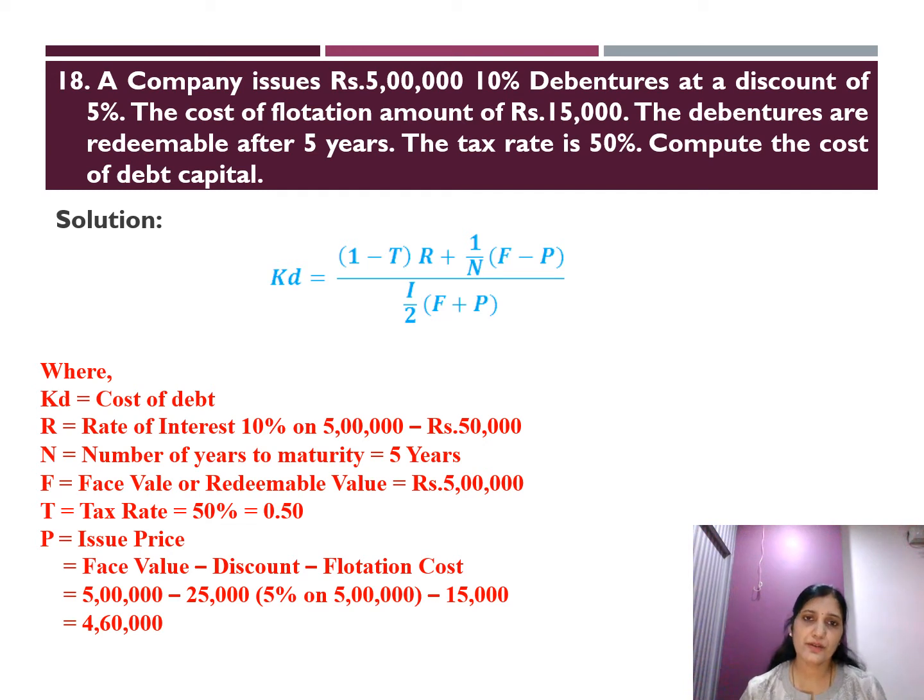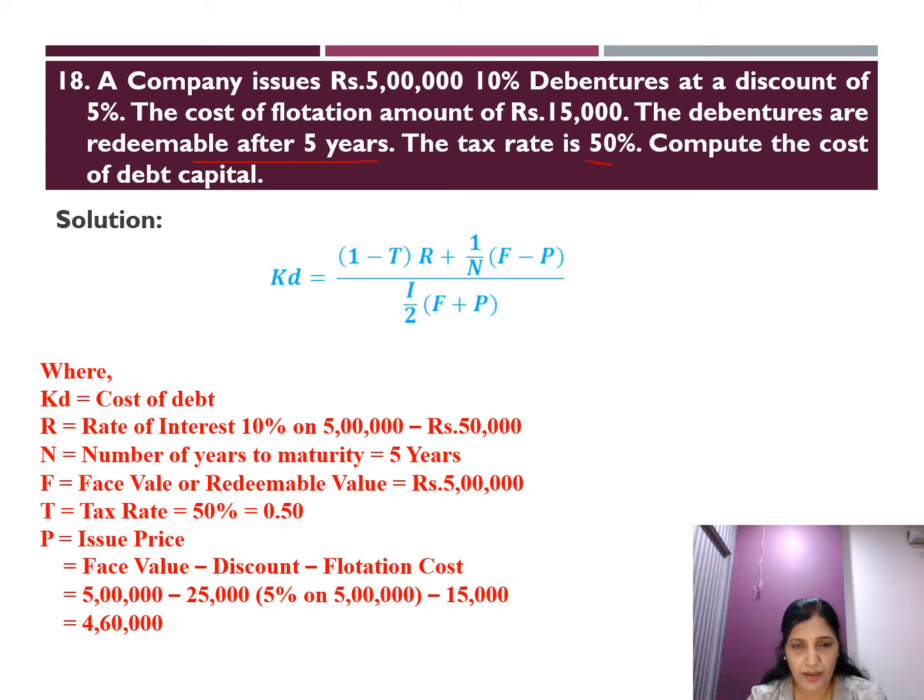A company issues rupees 5 lakhs, 10% debentures at a discount of 5%. The cost of flotation amounts to rupees 15,000. The debentures are redeemable after 5 years. The tax rate is 50%. Compute the cost of debt capital. As it is a redeemable debenture, we are taking this formula: KD is equal to 1 minus T into R plus 1 by N into F minus P divided by half